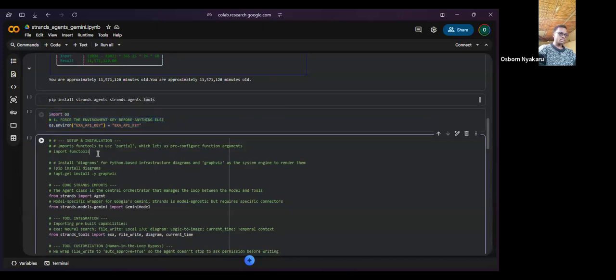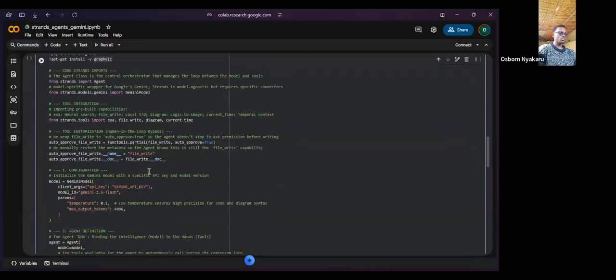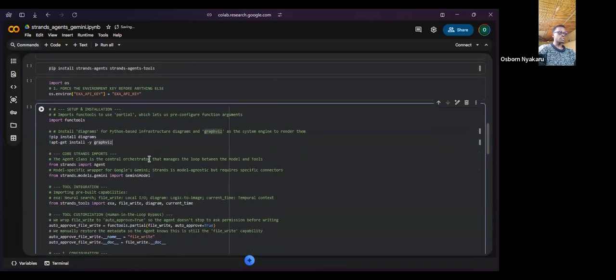So for setting up installation, this one particularly allows me for this particular setup, not necessary for Strands Agents, but I was trying to create an agent that provides a summary or a description.